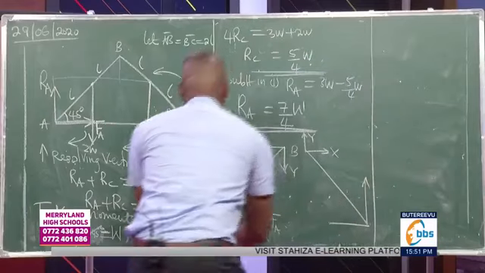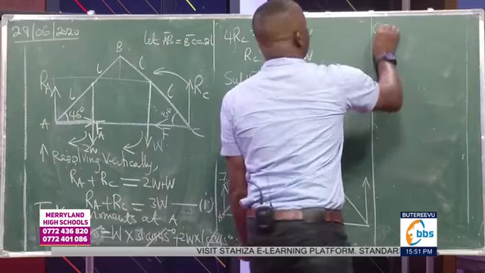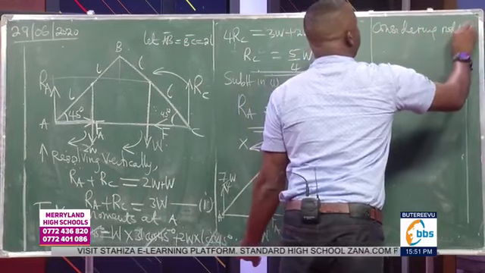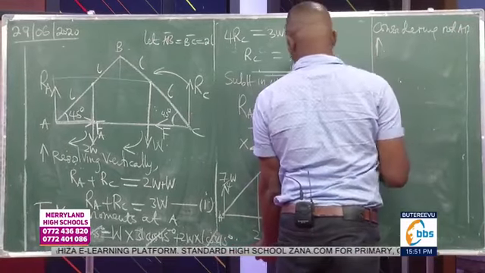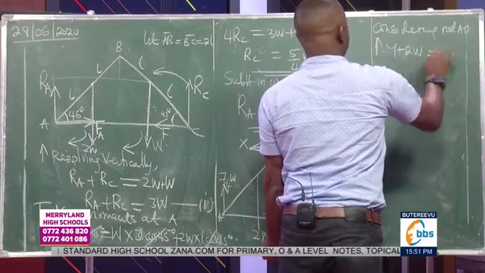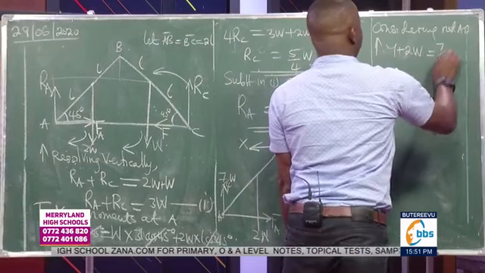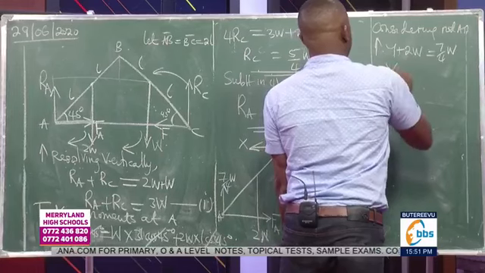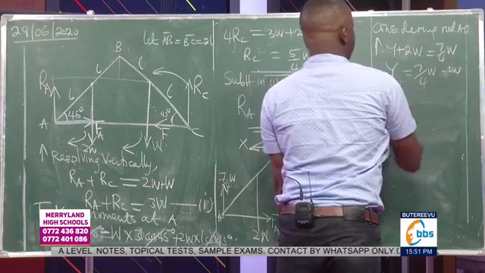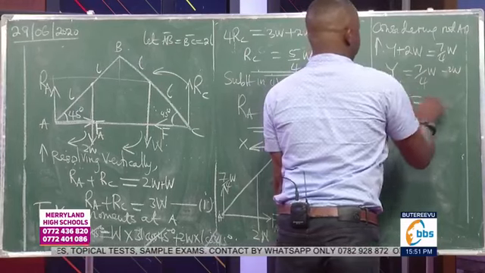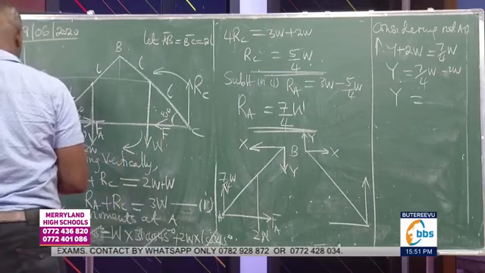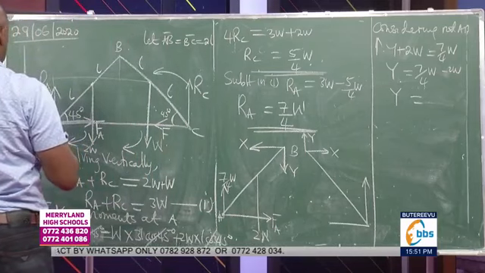Considering rod AB, vertically, we shall have that y plus 2w should be equal to 7 over 4w. This gives us the value of y as 7 over 4w minus 2w, which, when you simplify that,